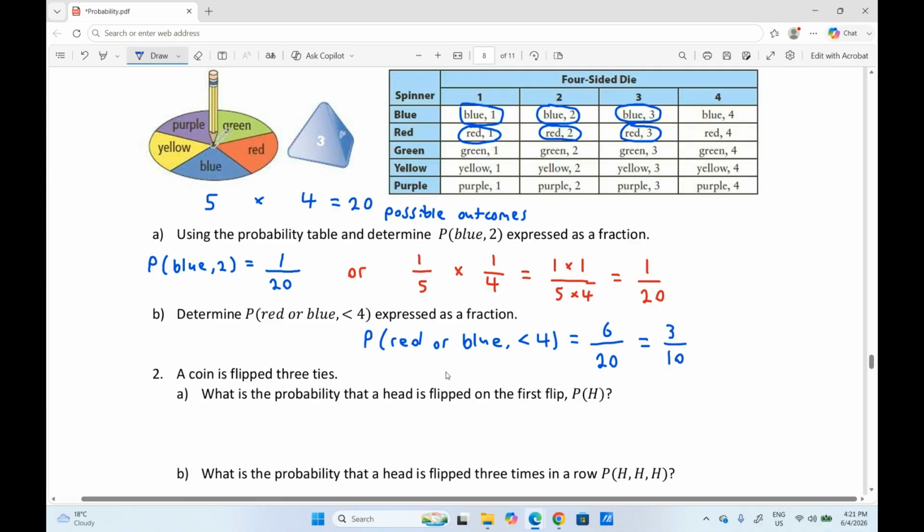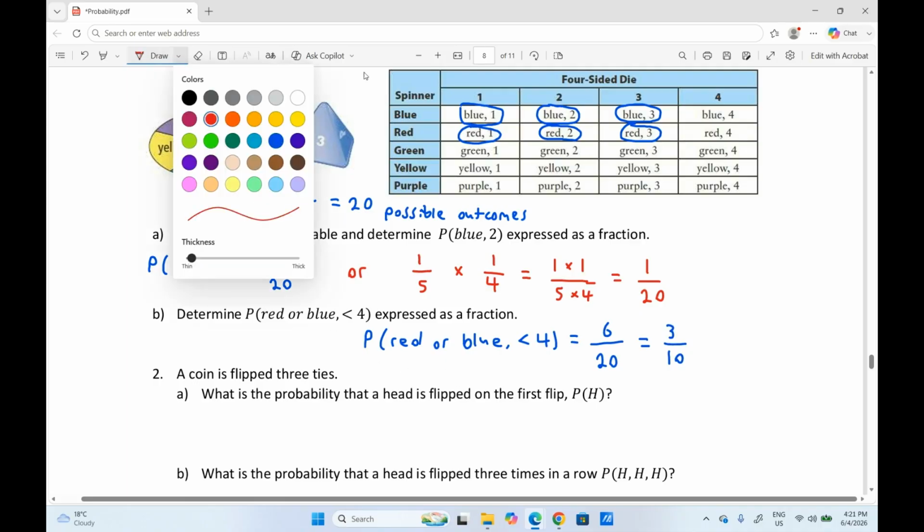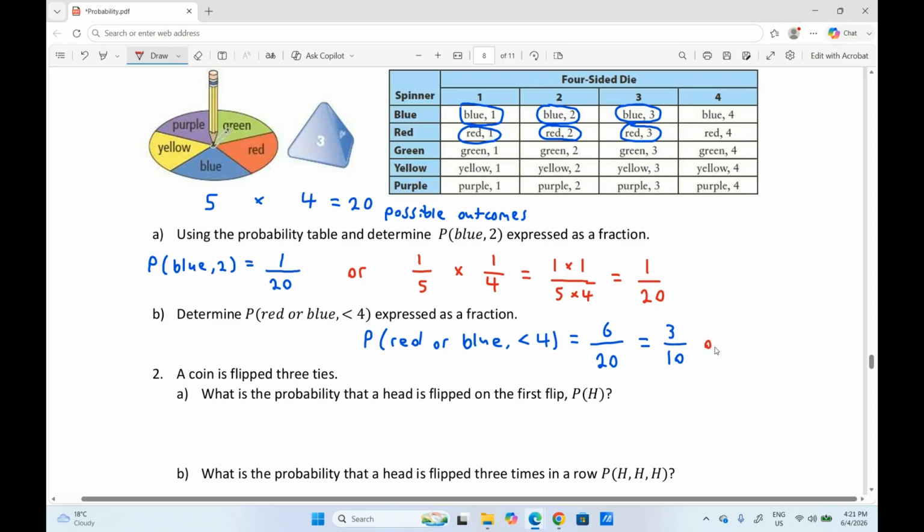Okay, now another way to solve this problem would be to use our multiplying fraction method. So think about this. What's the probability of spinning the spinner and landing on just red and blue? Since there are 2 outcomes here, red and blue, and then yellow, purple, and green are the outcomes I don't want, and there's 5 outcomes in total, technically speaking, 2 over 5 is the probability of landing on red and blue, right? Because the probability of just landing on blue is 1 over 5. So since blue and red are the same equal sections, 2 over 5 would be the probability of landing on